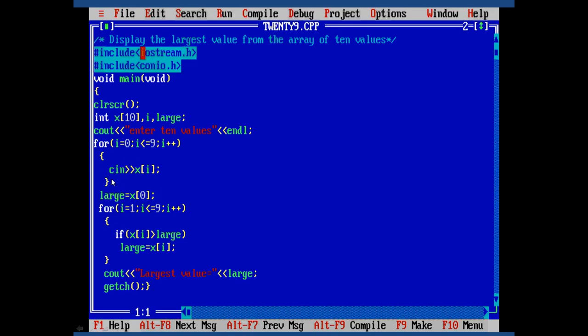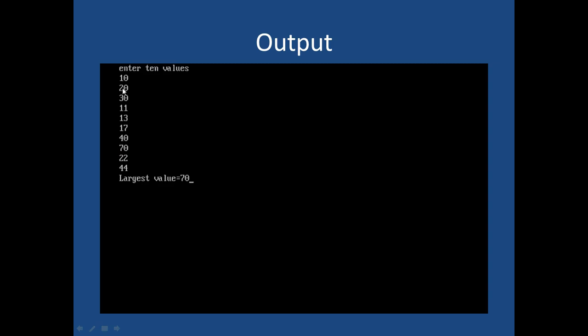Here this loop is working, and when this procedure starts, this will find the value of the largest value in the array, and that value is given to the variable large. So after entering these values, the largest value would be assigned to the variable large, and that value would be displayed. तो हमने यहाँ पे 10 वैल्यूज़ जो है वो एंटर की हैं, और इनमें से जो लार्जेस्ट वैल्यू है वो आपके सामने 70 है.